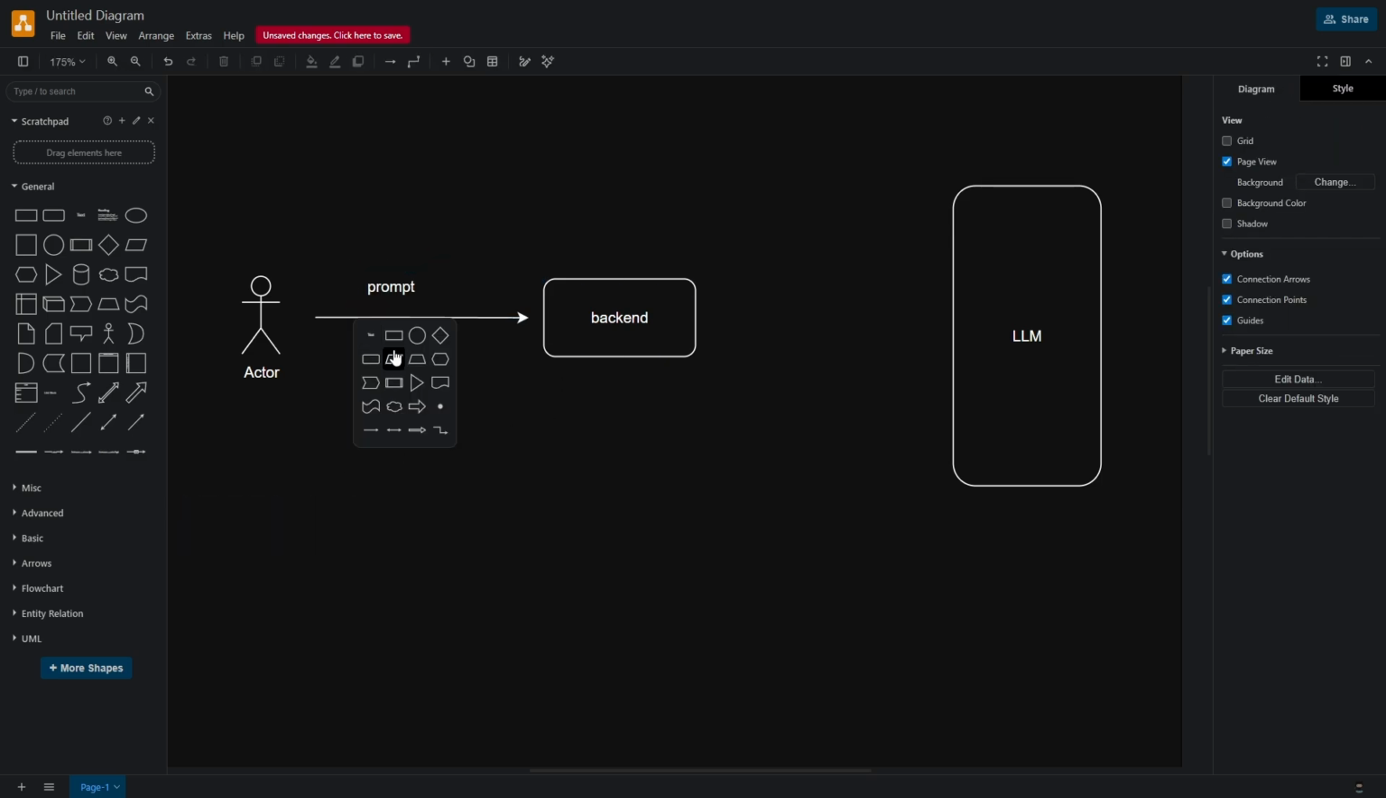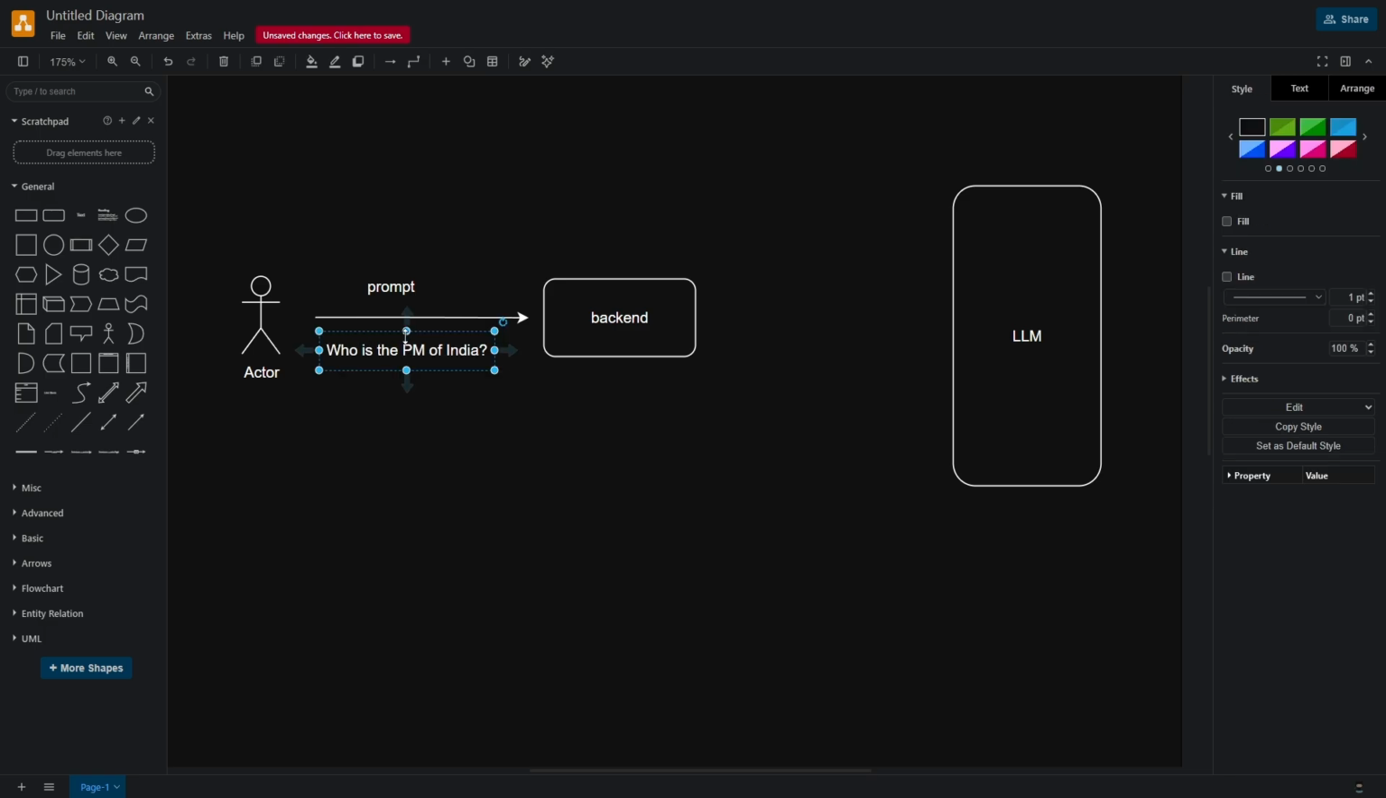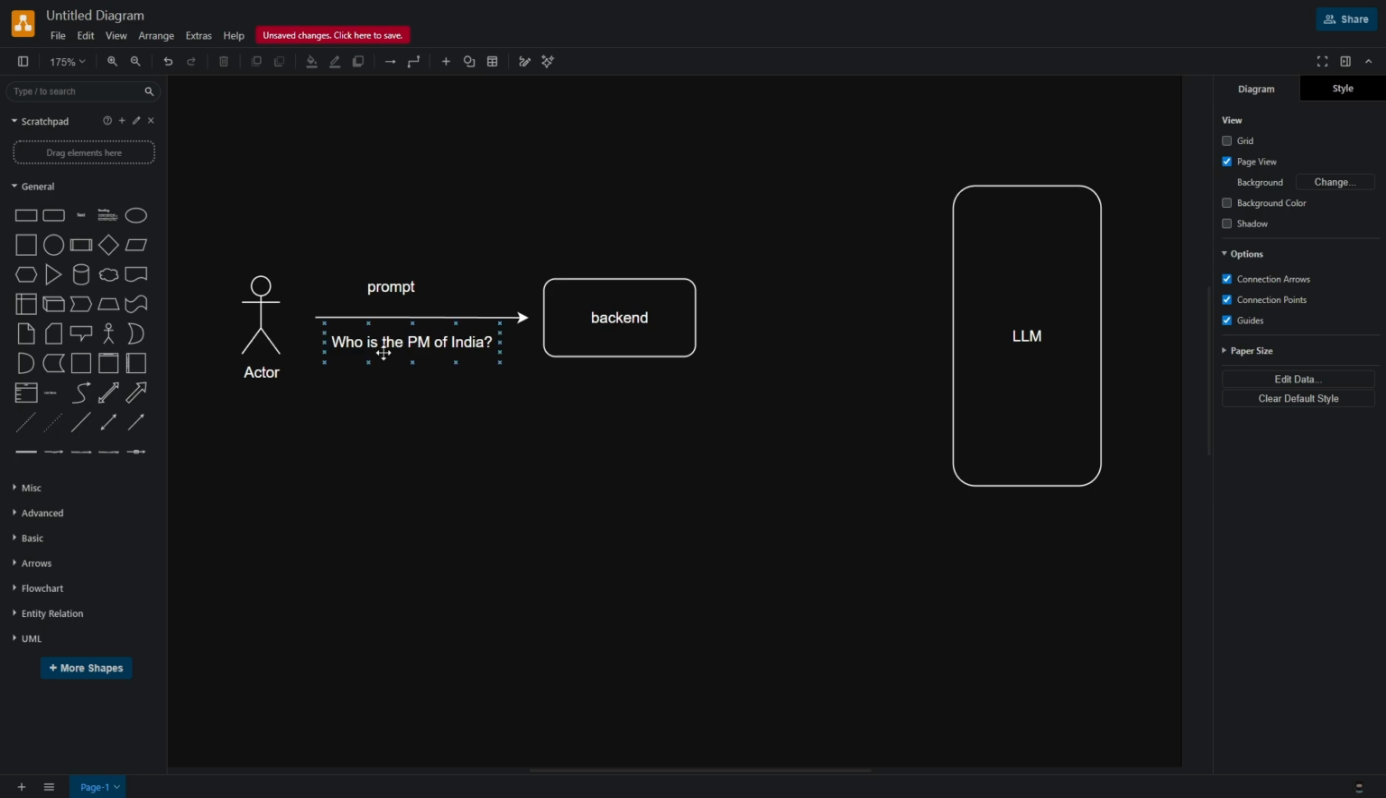And here, what is the prompt, friends? For us, this is who is the PM of India. Now what will happen? This question or prompt will go to the backend system. Now the backend, along with this prompt, will add some extra context to this. So what is this context? These are basically